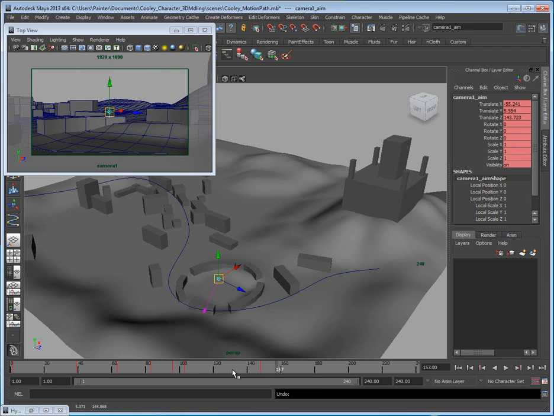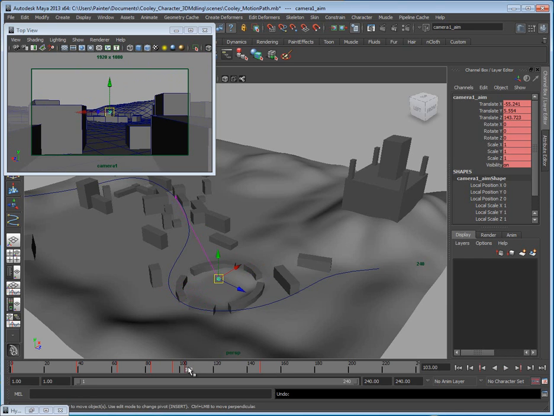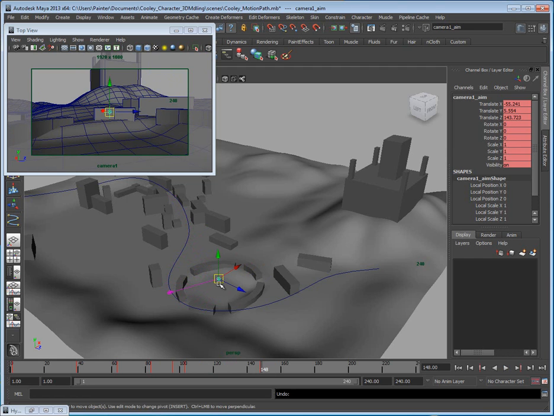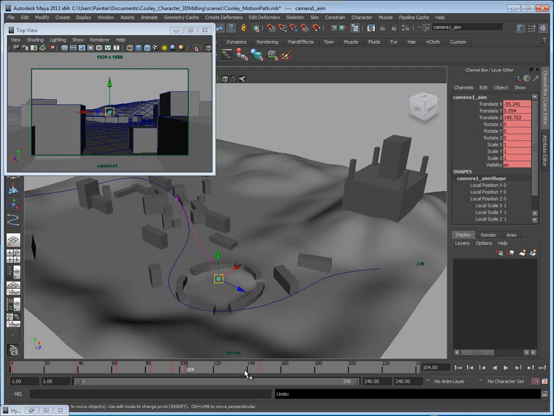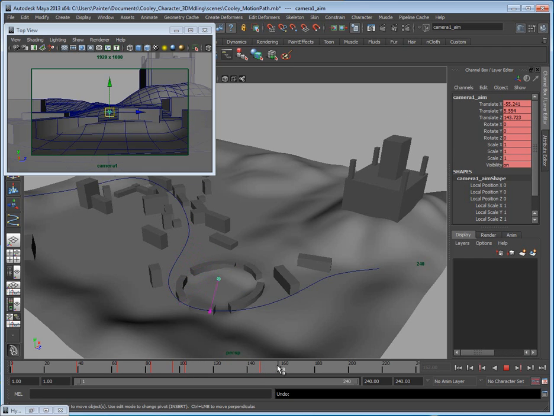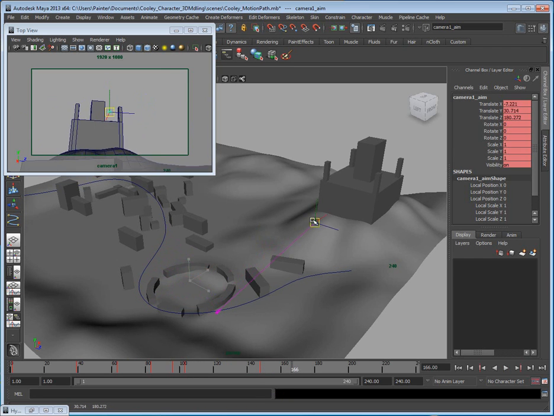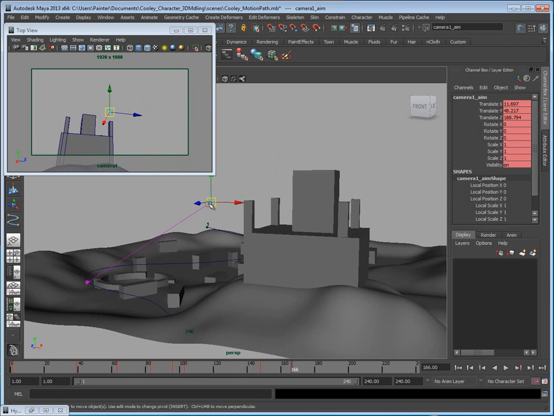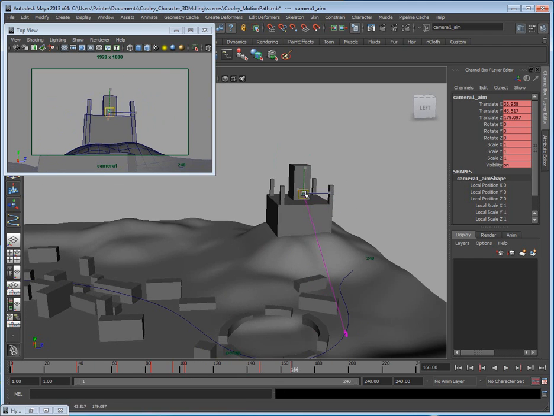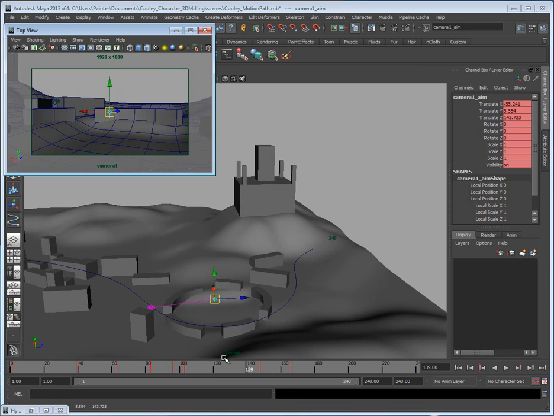Now, you notice that at this point, I keyframed it here, and then as the camera was going around, I set another keyframe, but notice that it's the same place. What I'm telling the computer is, I don't want you to make any changes between this space. So, as the camera moves forward, I have to push it a little bit forward. So what I'll do is I'll just make the camera look at the castle so that as it's coming around,